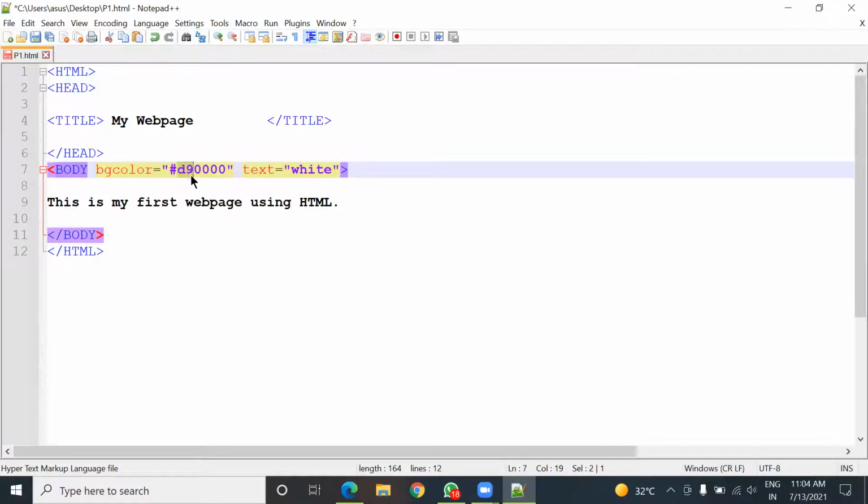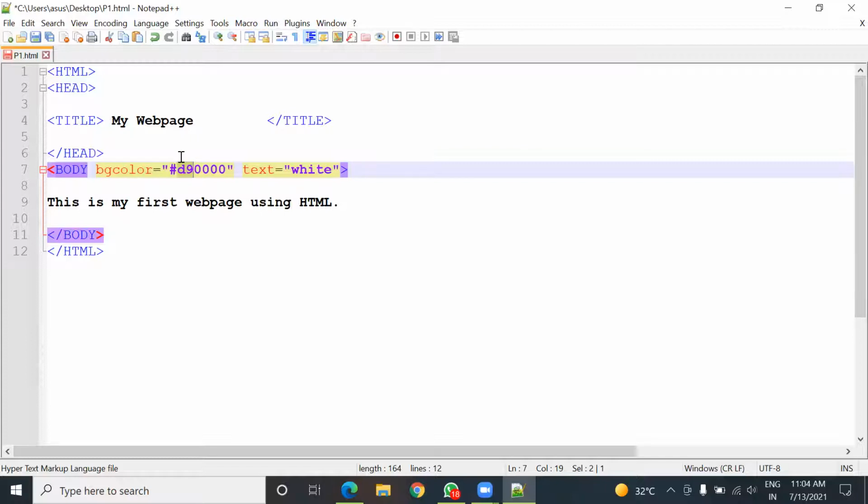Can you tell? So 13. Yes, it is 13, and 9 is again a digit, so no need of an alphabet here, because in hexadecimal we use alphabets for 10, 11, 12, 13, 14 and 15 only.